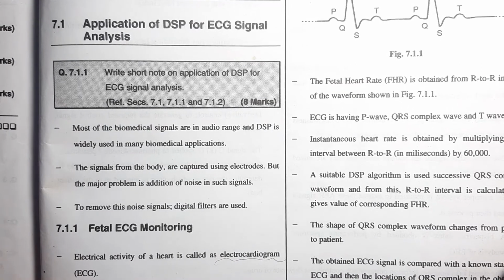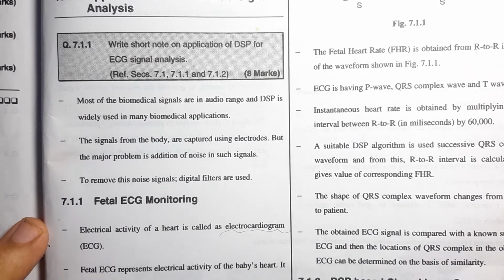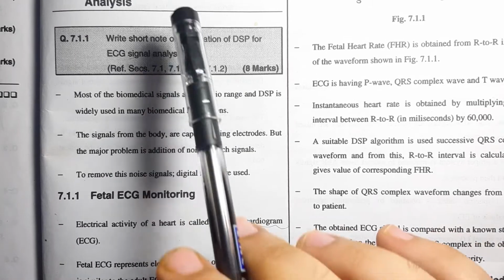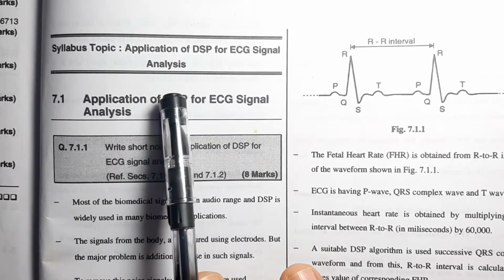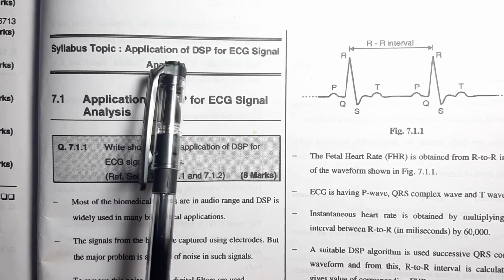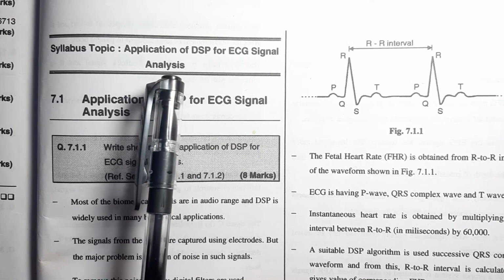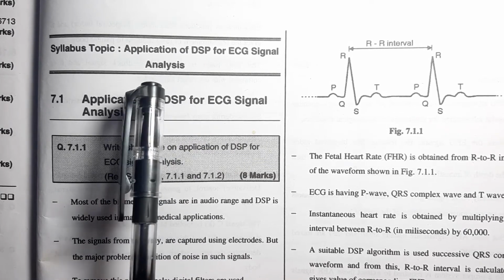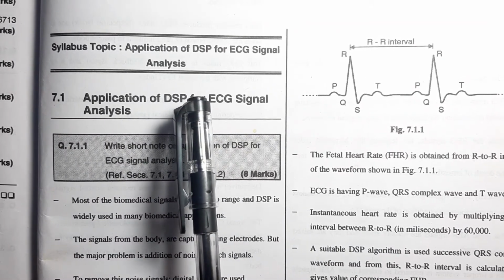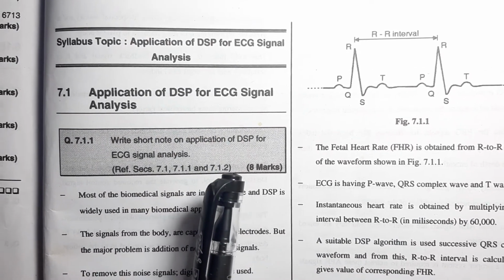Now, the applications include application of DSP for an ECG signal. First of all, these are the topics which have been pre-specified by the syllabus committee, that the specific purpose of your DSP should be mentioned for ECG or some different application, DTMF frequency and so on and so forth. So we'll go in-depth into the individual topics.